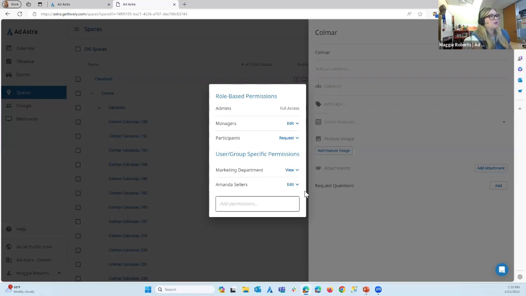For example, this is where the users and groups come into play. Let's say most of the marketing department are just participants. So that means they only have request permissions. Well, actually, I've come in and I've said, well, the marketing department only has view permissions, right? You're making an exception to a larger rule, but that's okay. And then I could even have an individual, Amanda Sellers, who I've given edit permissions. So that's higher, and she could be just a participant in her role, but I'm giving her higher permissions at this individual campus level. And then you can go in and you can make exceptions at the building room level